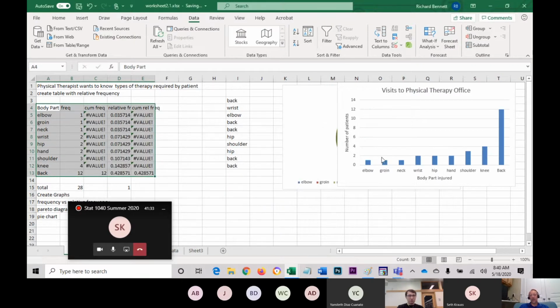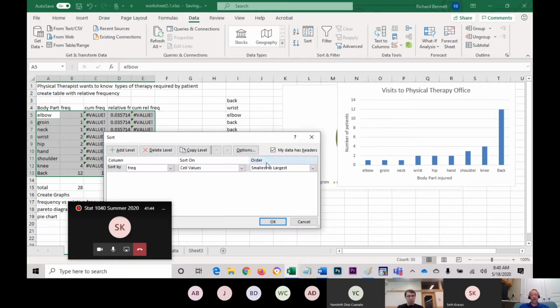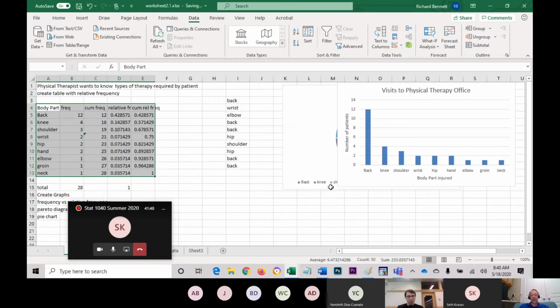Oops, I shouldn't have done it. Well, I sorted that ascending. Let me try that again. Oh, except it messed up all my values here. Data, sort. I'm just going to sort it descending, largest to smallest. And so this chart here, when it's sorted from largest to smallest,